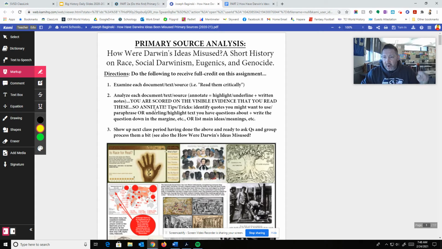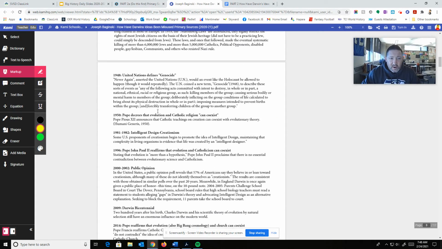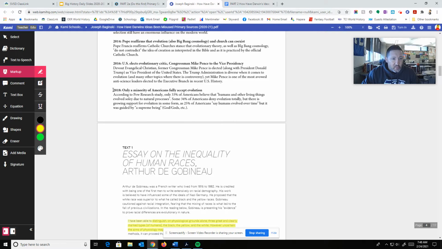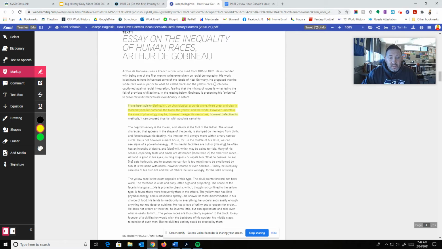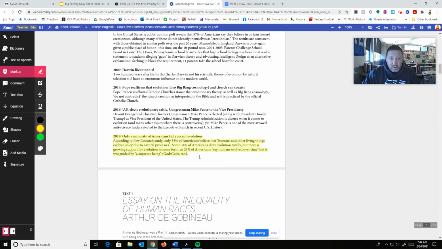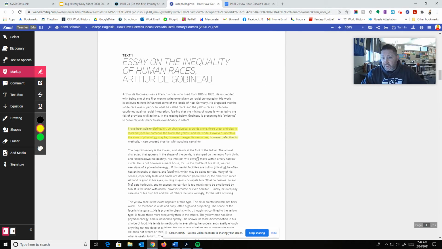I'm scoring your annotations. So as I'm reading through this, maybe I see a really important date, like some statistics. I might highlight a bit of text, and then make a little note over in the margin explaining how I'd like to use this in my visual paragraph, or ask Baginski about this. So you can actually start working a little bit towards this visual paragraph by harvesting things from these dates or these sources that are provided.